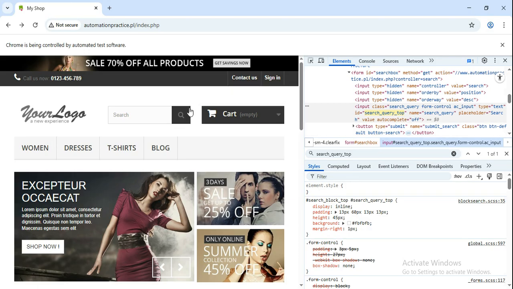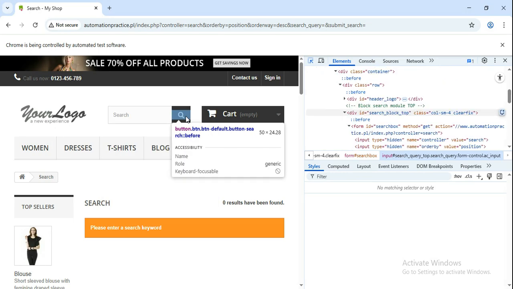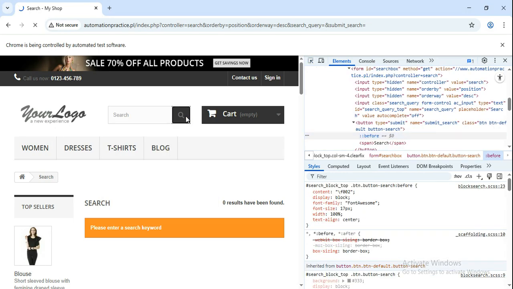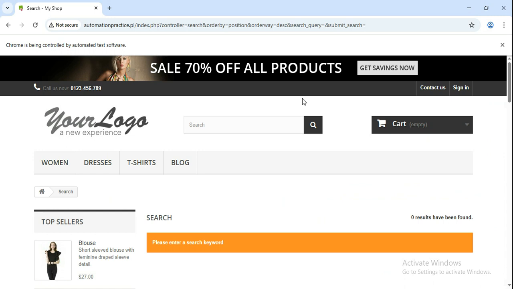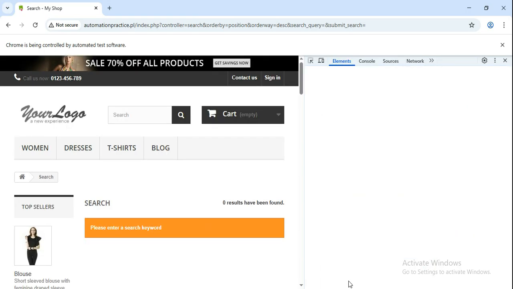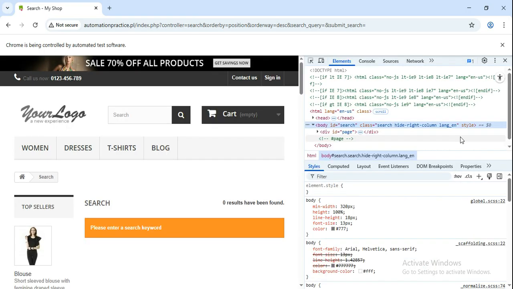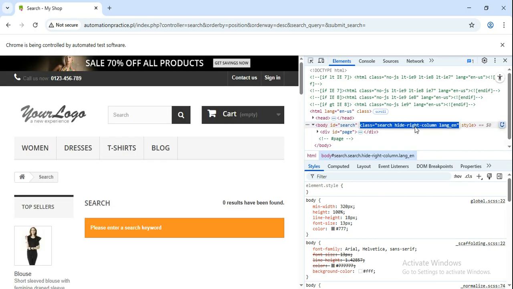Now, this one we just identify. We want to identify this thing, so just click on this, not like this. Okay, now click on here and just inspect. Okay, now we are working with the class name. So here you can see this is the class name, right? Not this one, I guess. Okay, copy this